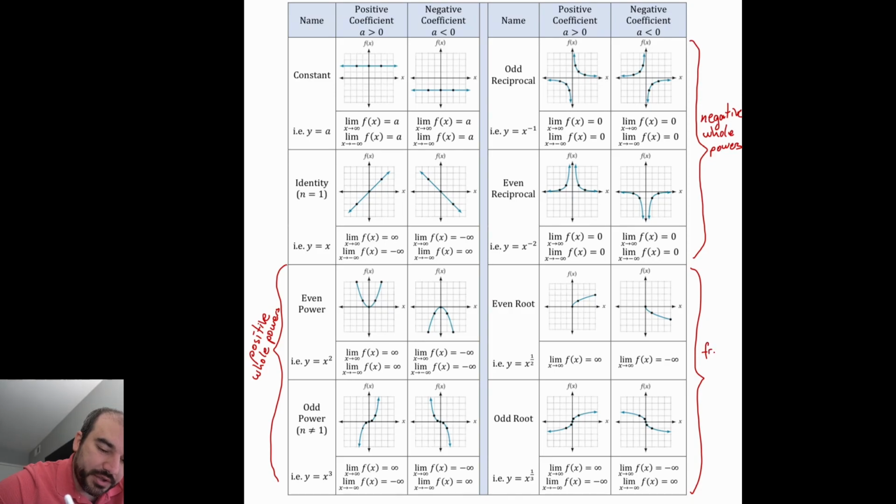We'll just call them fraction powers, because they're going to look like fractions. We're concerned with what happens as x goes to infinity, what happens to the function. So in each case, you have